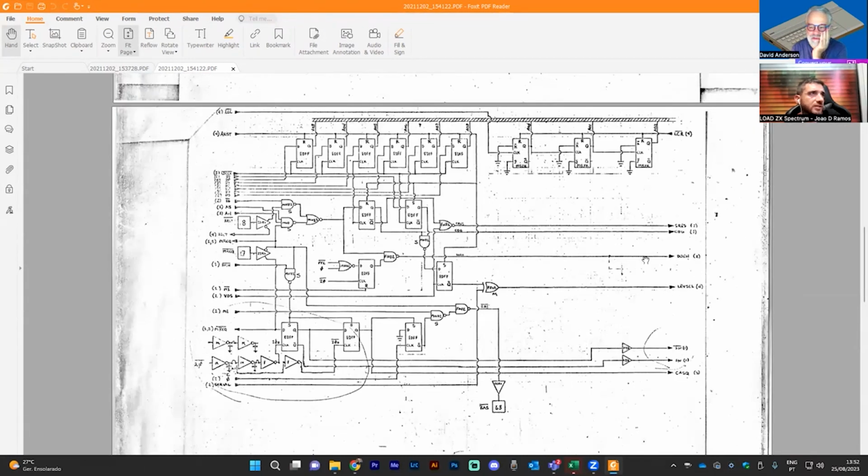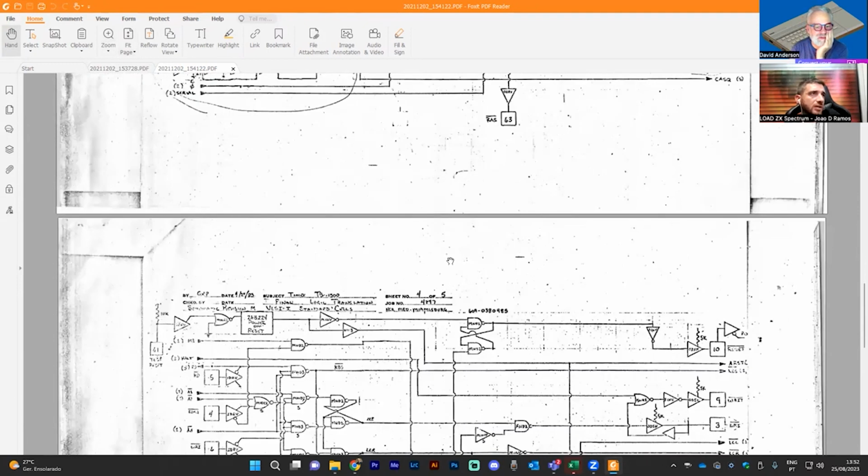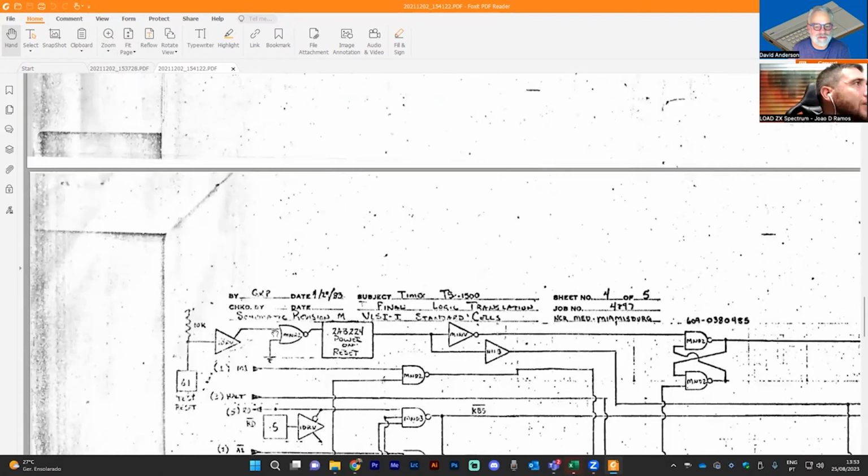You know what this looks like to me? The logic diagram for... oh, it's written here: final logic translation. But these standard cells, that's what SC stands for, standard cell. So schematic revision M or something, looks like it. Timex TS1500, final logic translation,